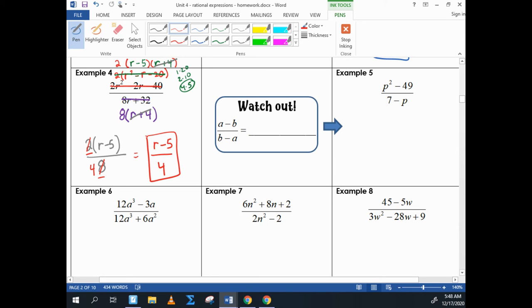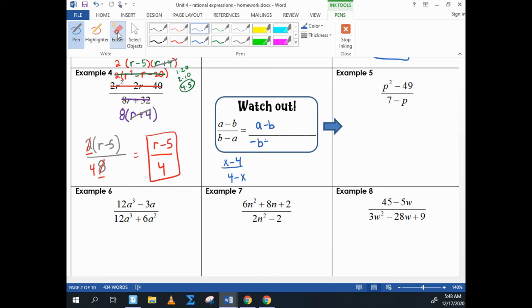All right, now this next lovely step. If you have an a minus b, and these won't really be a minus b, it'll be like x minus 4 and 4 minus x. Let me just write that down: x minus 4 and 4 minus x. Do not cancel these out. These do not divide to 1. They are a little bit different, but not too different. Right here, we could rewrite this as a minus b over negative b plus,